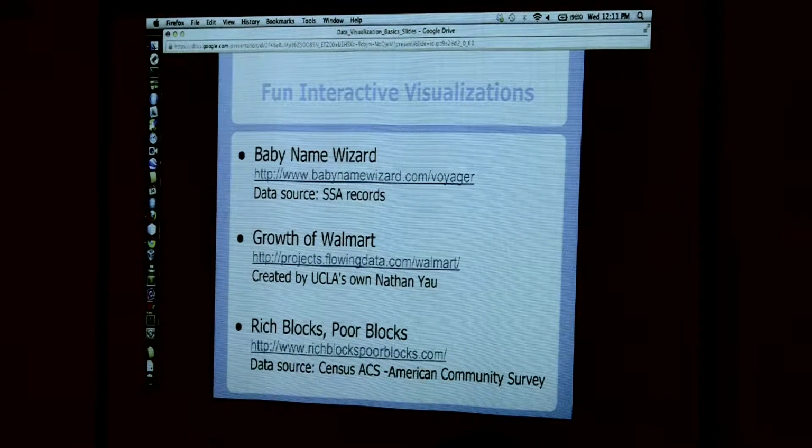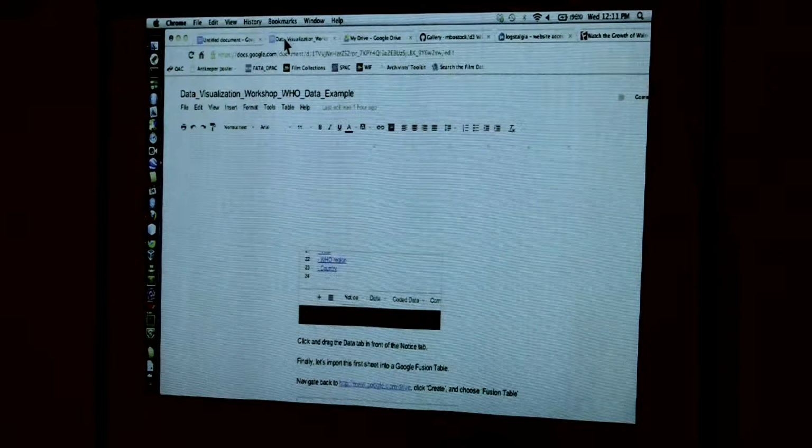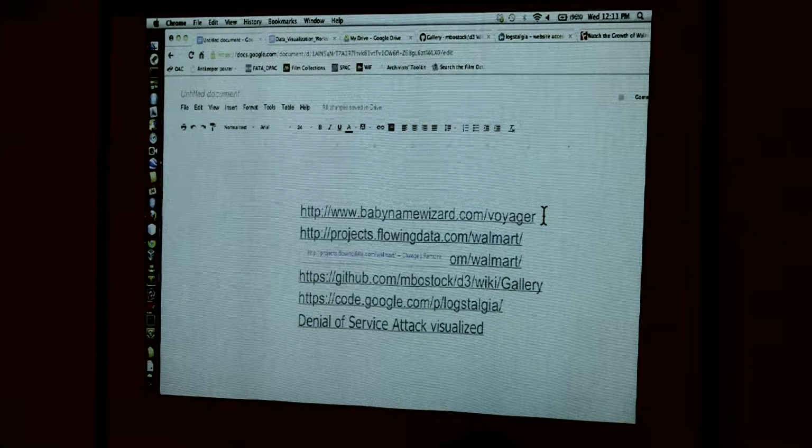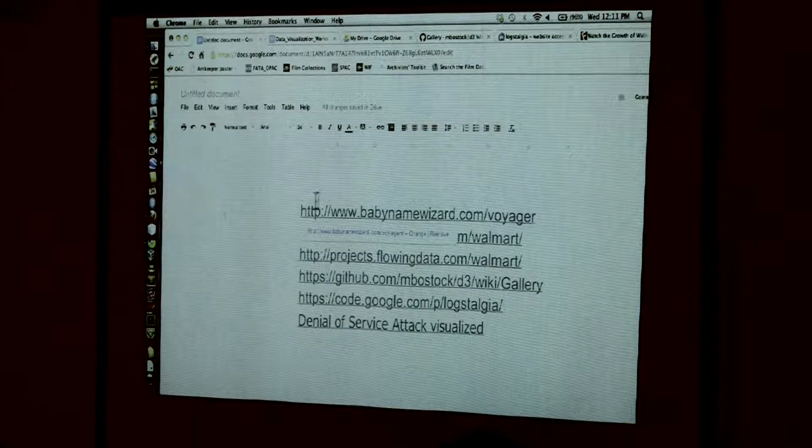And see, these are some fun examples. I'll poke through some of these quickly that I think are pretty cool. Some of them are dated, but I think they're really interesting. And they all use common data sets. So the baby name wizard, you can just see, it's like a stock graph of your name over time, which is very interesting. And the developer who originally wrote this